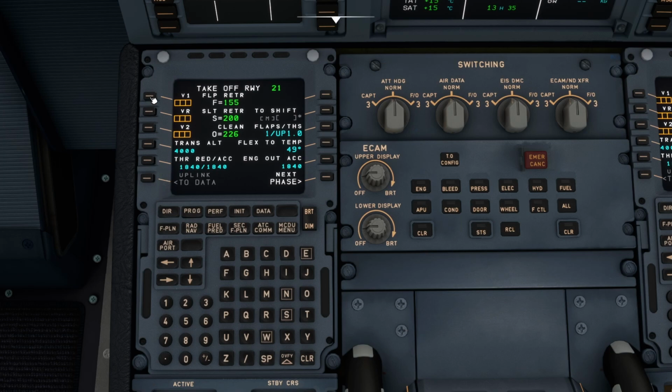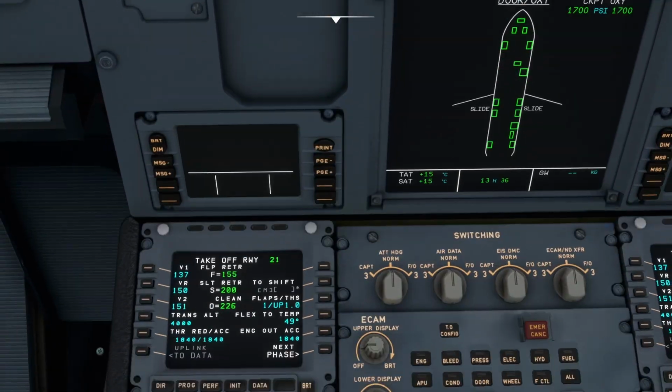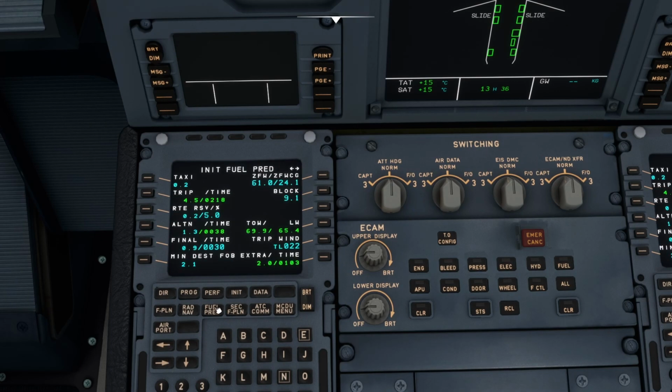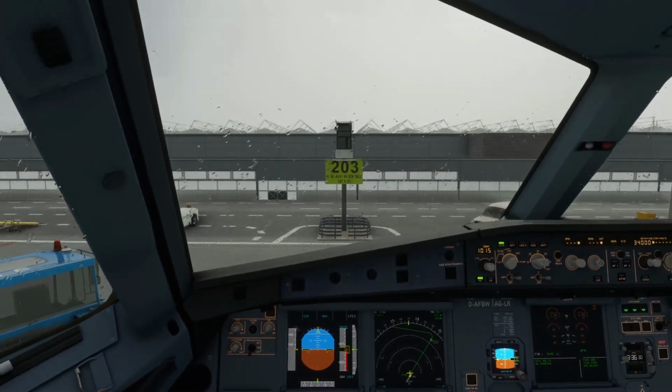Now what this calculator is giving me is V1 137. Right, so V1 is right, but it's giving me a rotate of 150 and a V2 of 151. Again, I think this is more kitted out for dry conditions rather than wet, so just keep it at that. I'm trying to think, is there anything else I could do here? Right, that looks fine. That looks fine. Yeah, okay. In that case then,